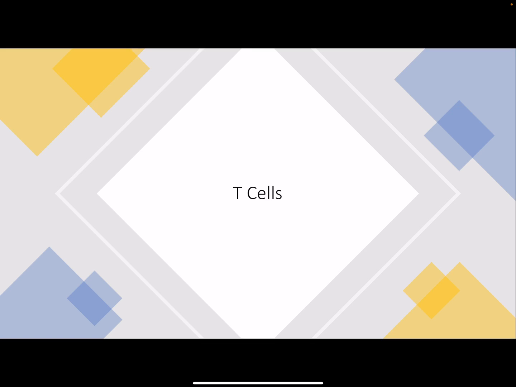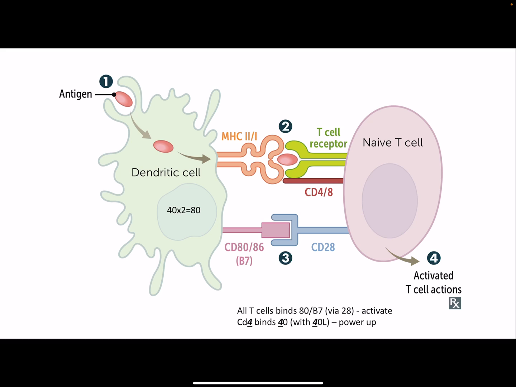All right, T cells. So I'm going to really beat a dead horse here. CD80, sometimes called CD86, B7, pairs up with CD28. Where this is naive, it will now activate this. That is the point of this particular pair. This is a necessary co-stimulatory step on top of the fact that MHC2 combines with CD4 and MHC1 combines with